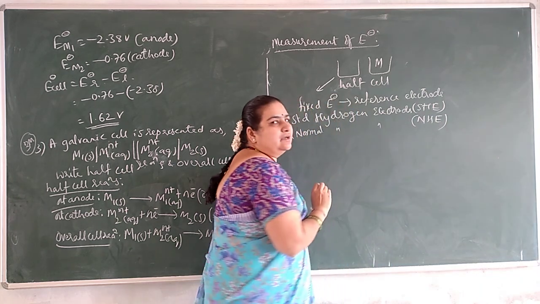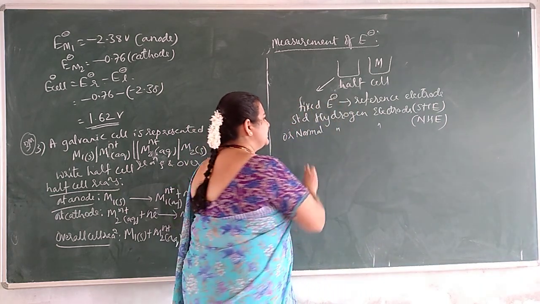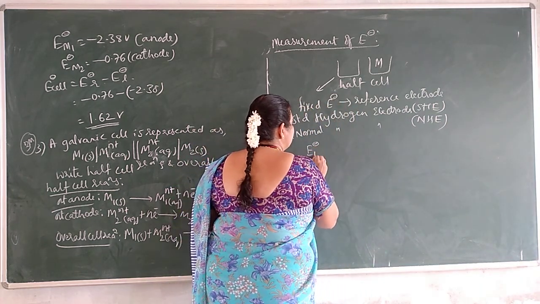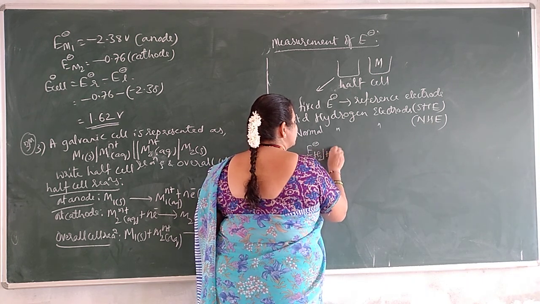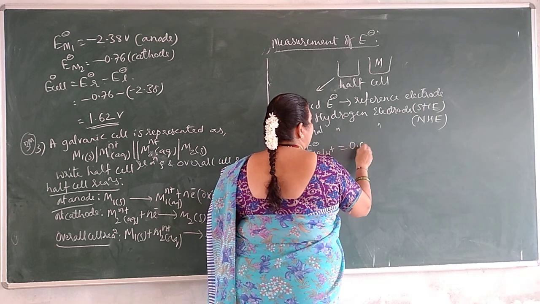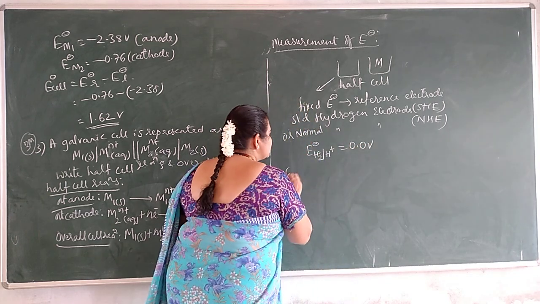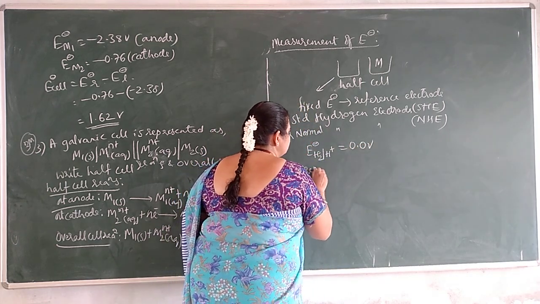For this standard hydrogen electrode, the potential E of H plus to H2 is equal to 0.0 volt, with the cell representation